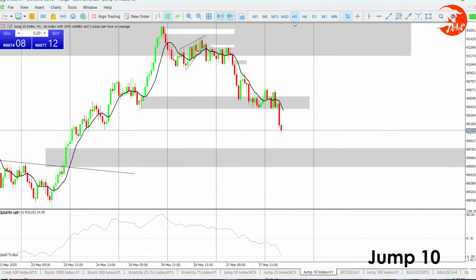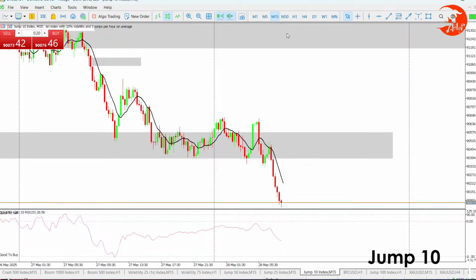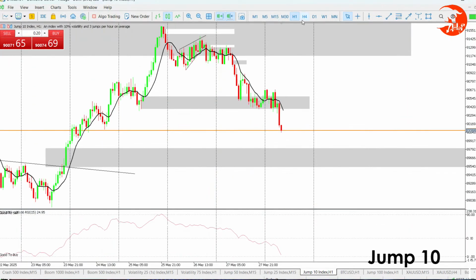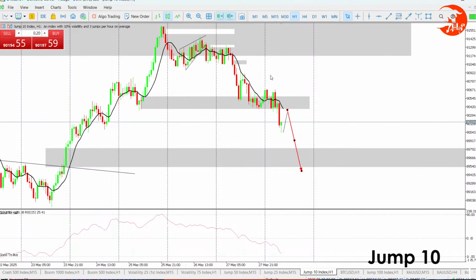Okay, H1 is getting to oversold, M15. So this, I'm not going to trade this. All I need is a lower high creation so that I can come in with my sales again. That is all I need. Why? Because according to price action, there's no liquidity left back, according to even smart money.